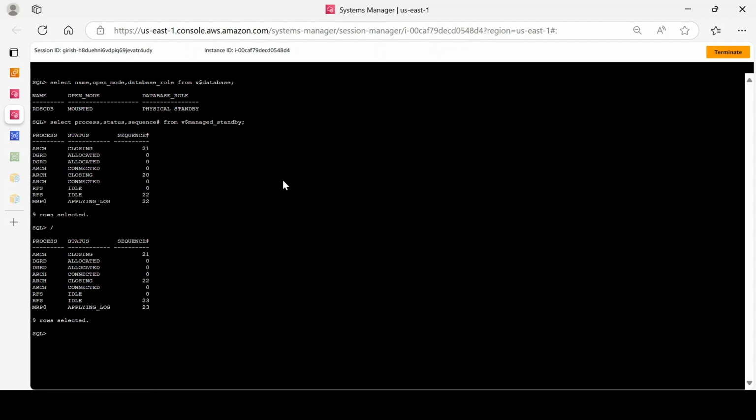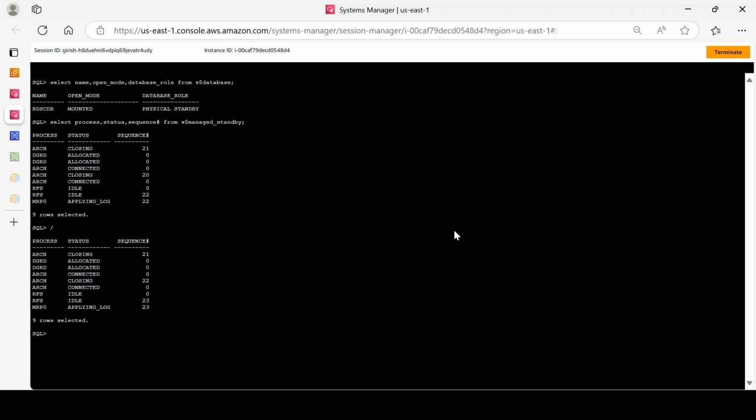There is no replication lag and all good. So our read replica is ready. Mind you, it is in mount state by default. If you want, from the server you can change it to read only. But by default, there is no option to create a read replica in read only status in RDS Custom for Oracle